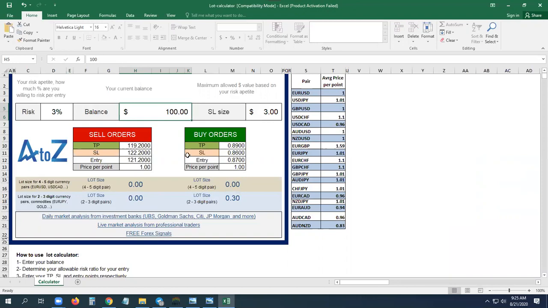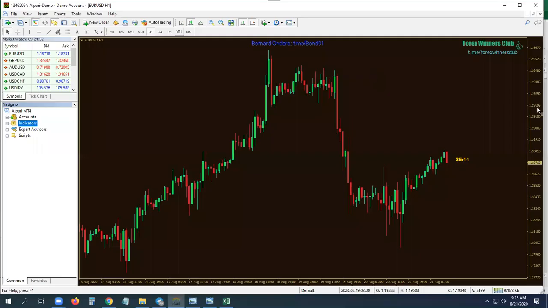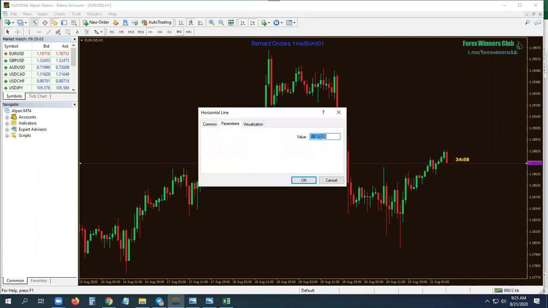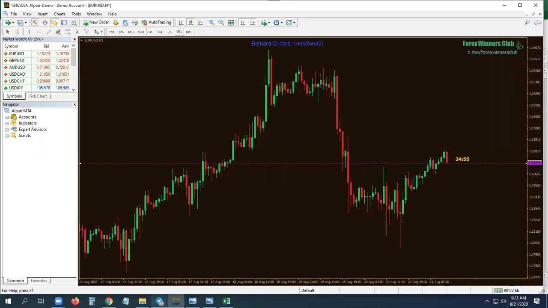Now that means if you are buying, and your stop loss, you can put your figures here and see what the calculations would be like. Like now you are in Euro USD, this Euro USD 1 hour. The price is currently somewhere here, where the red candle is at the moment. So if I copy the current price and give it to my Excel.